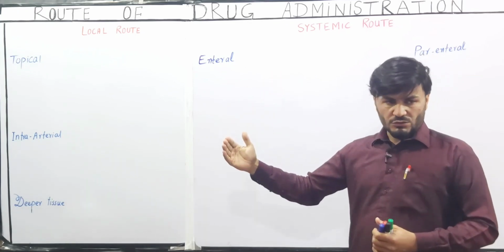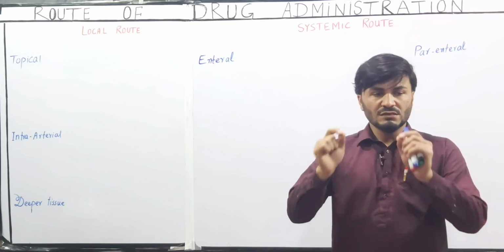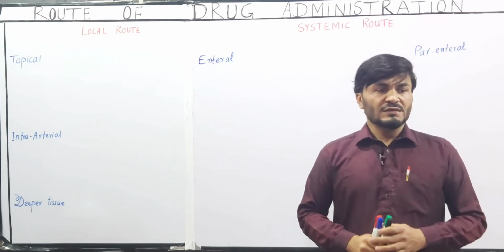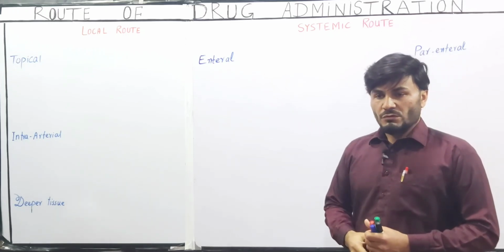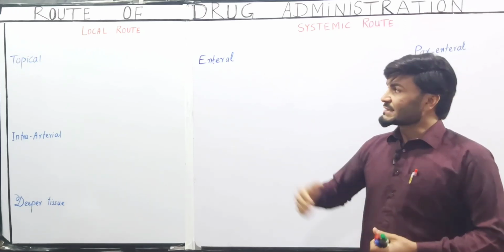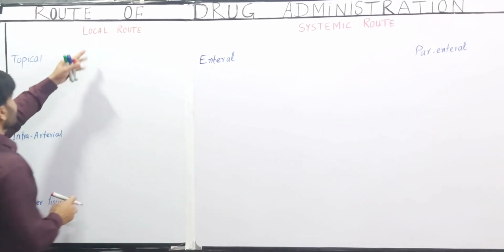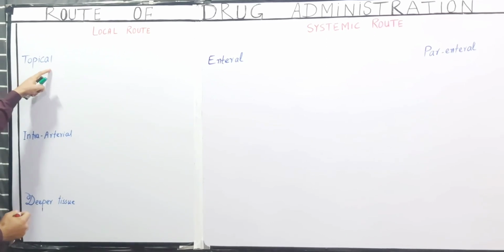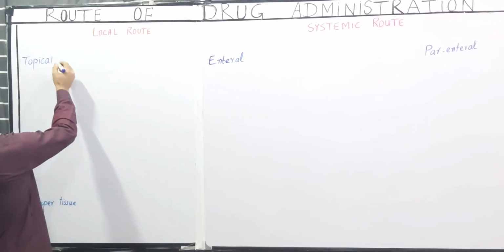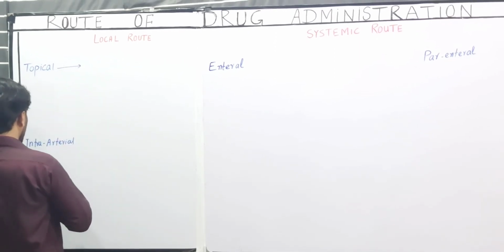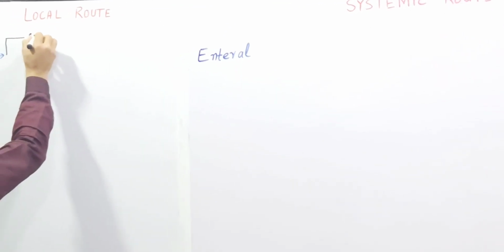So depending upon the route, the drug produces two types of effect. One is local and the other is a systemic effect. On these bases, route of drug administration is classified into a local route and systemic route, and it is further subcategorized into topical, intra-arterial and deeper tissue. So the topical route represents the application of the drug directly on the skin,